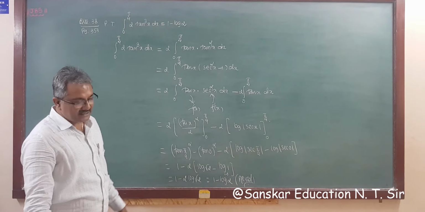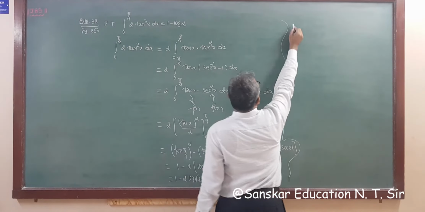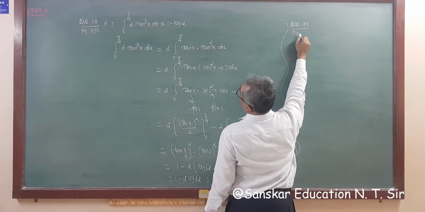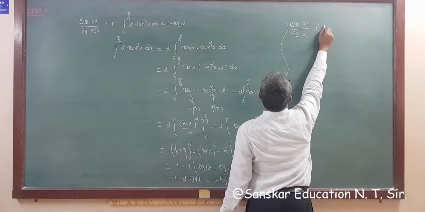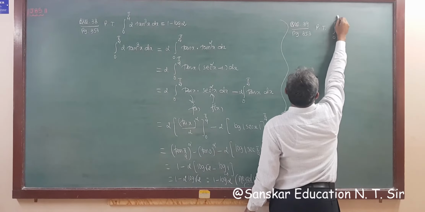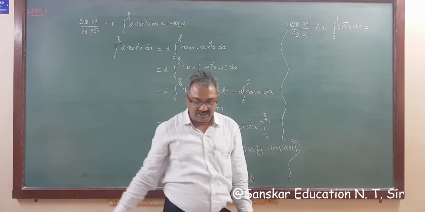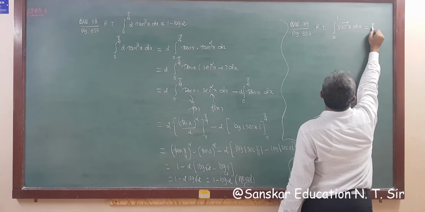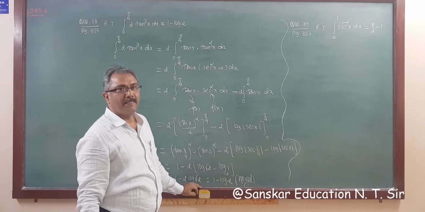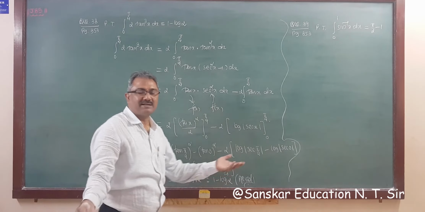Got it? And the next question is question number 39, because we have enough space for it, so we are solving in continuation. Question number 39, page 353. Prove that the integration from 0 to 1 of sin inverse x dx is pi by 2 minus 1. You have to remember also that from limit 0 to 1, the integration of sin inverse x is pi by 2 minus 1. Since sin inverse x is given, you have to apply the u into v rule, otherwise there is no option.